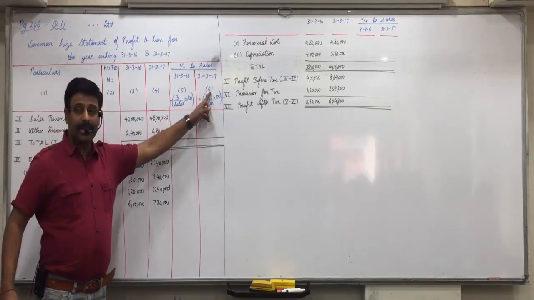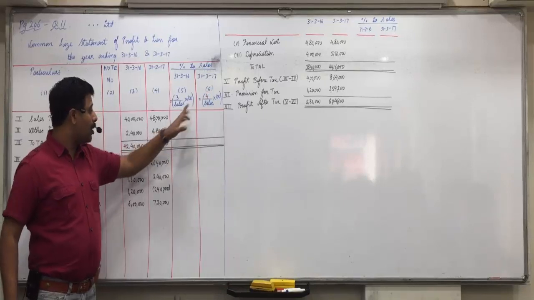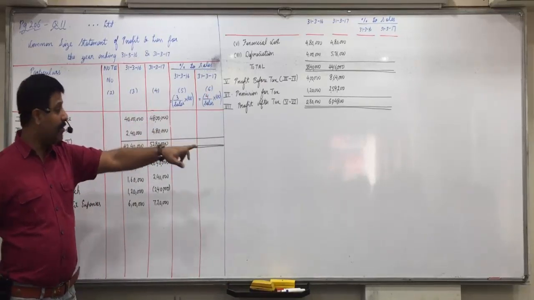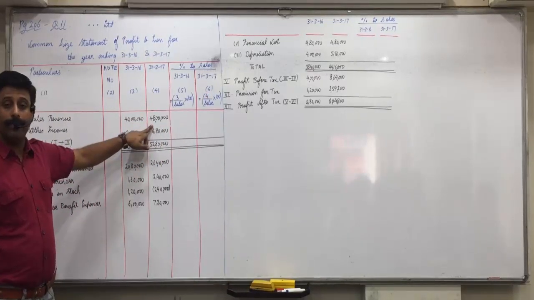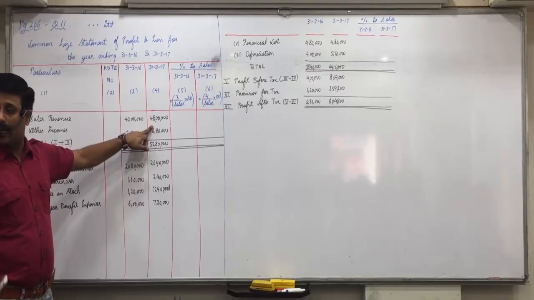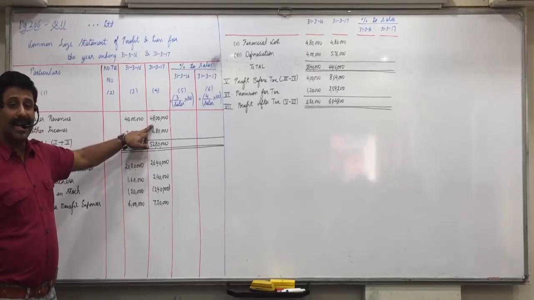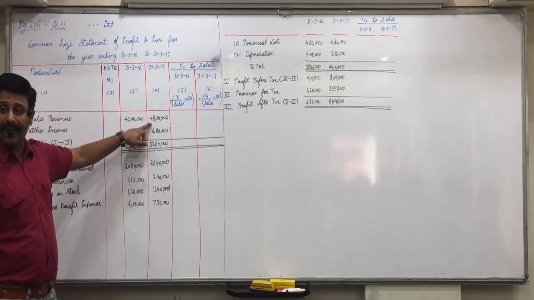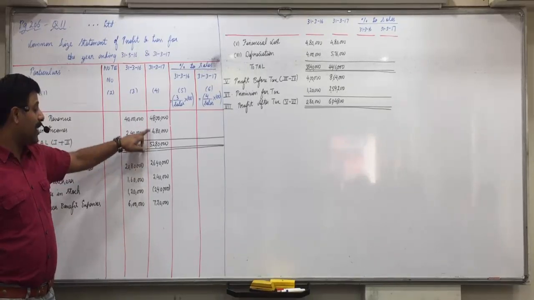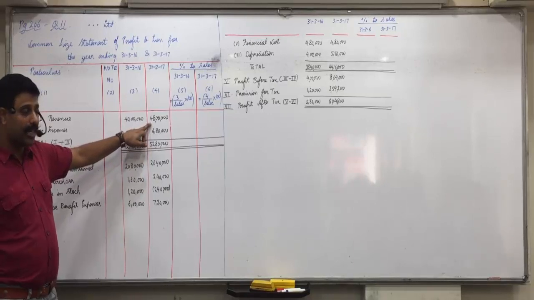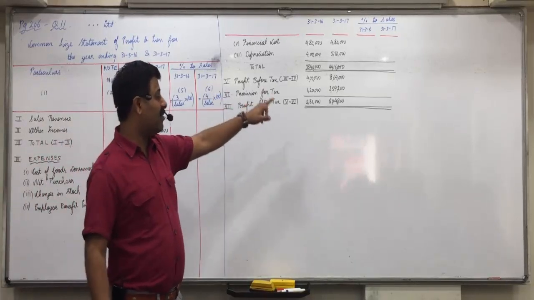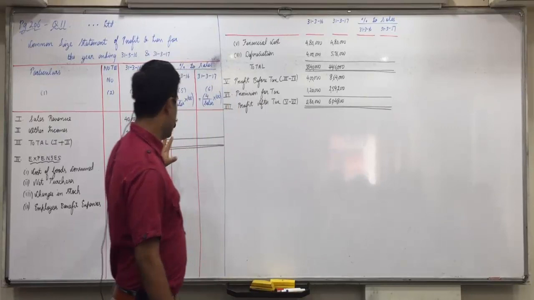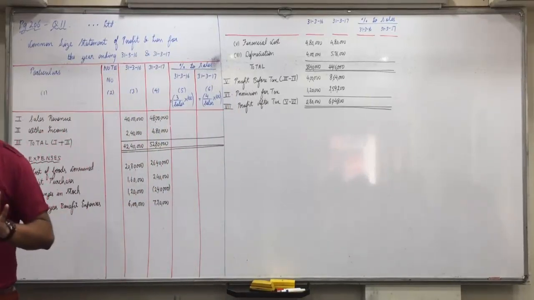Same way in column 6, we are going to do column 4 figures. Divide by sales of column 4, 48 lakhs into 100. So 48 lakhs upon 48 lakhs into 100. 4,80,000 upon 48 lakhs into 100. 52,80,000 divided by 48 lakhs into 100, and so on up till 6,04,800 divided by 48 lakhs into 100.